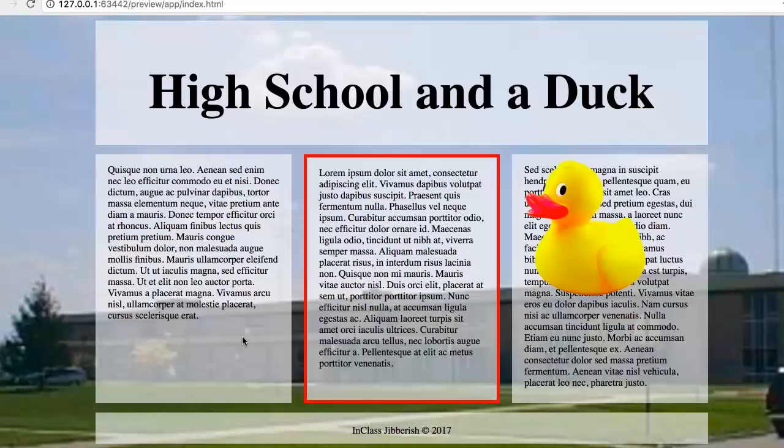But as far as reading wise, I do see that there's a bit of an issue. So you have to balance these things. So this is my high school, by the way, in the back in Burlington, Iowa. And this is a duck. And this duck is sitting on a Z index. It's actually on top of the